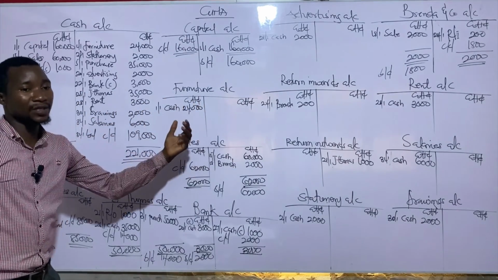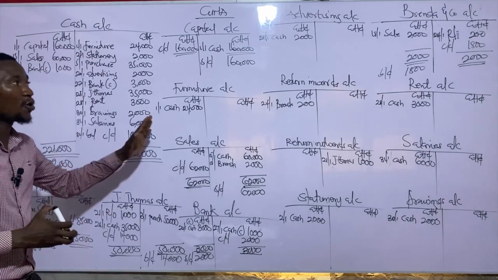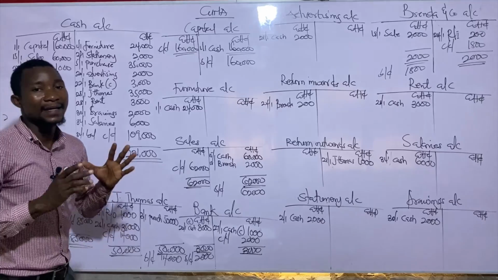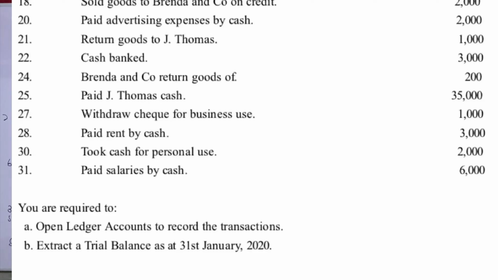So the rest of the accounts here are only single entry. So we can pick that direct to prepare our trial balance. After you are able to balance off the account, the next thing to do is to prepare what we call a trial balance. So we are done with the very first part. The very first part said to open ledger accounts to record the transactions. So the next thing to do is the B part. That is, extract a trial balance as at 31st January